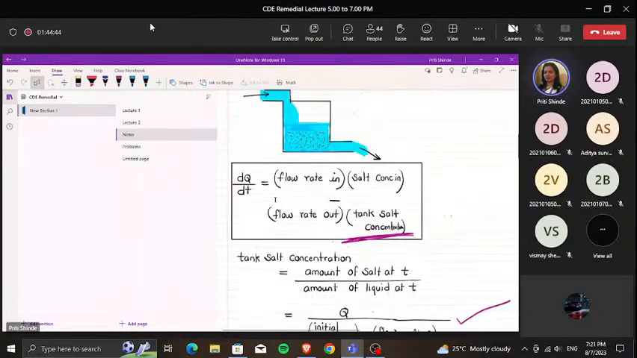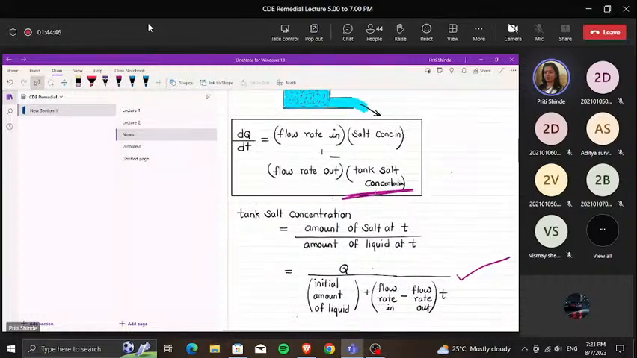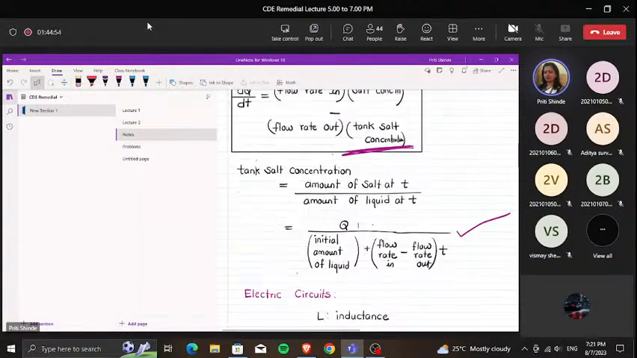Tank problem. Flow rate in, salt concentration in, flow rate out. You can write down the first three terms easily, but to find the tank salt concentration, use this formula: Q divided by initial amount of liquid plus flow rate in minus flow rate out into T. So by using this formula,